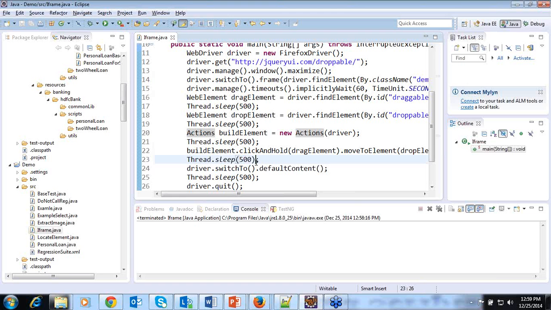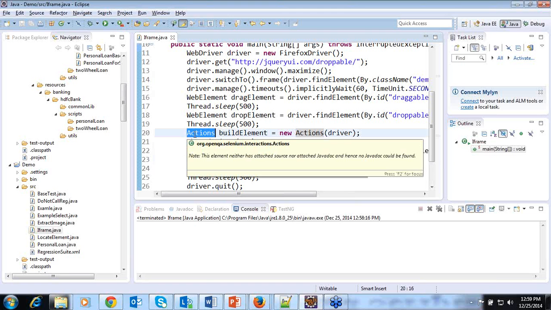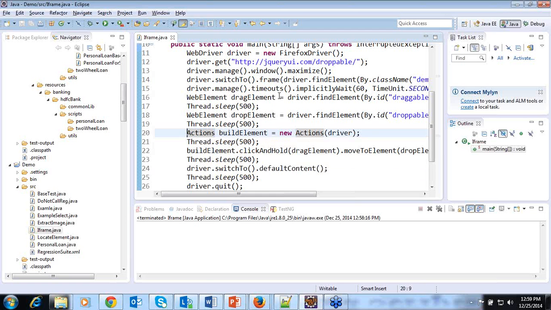If you move your cursor on a link, it will show another set of links. That's what we call mouse hovering. In the case of mouse hovering also we can use Actions. For mouse hovering we'll have another video to explain it, but as of now just understand how to work with the frame and how we can do actions such as dragging one element and dropping it on another element.